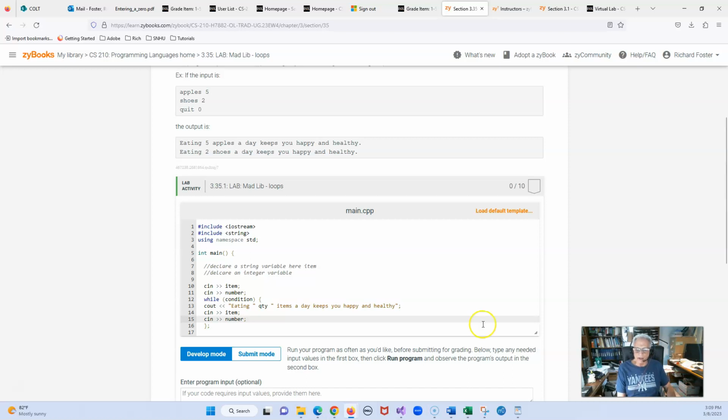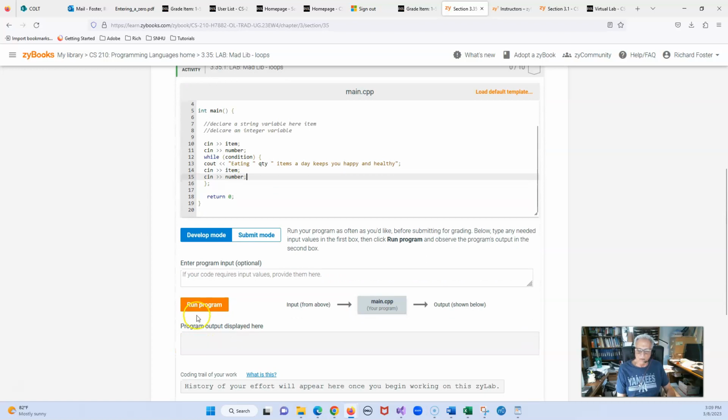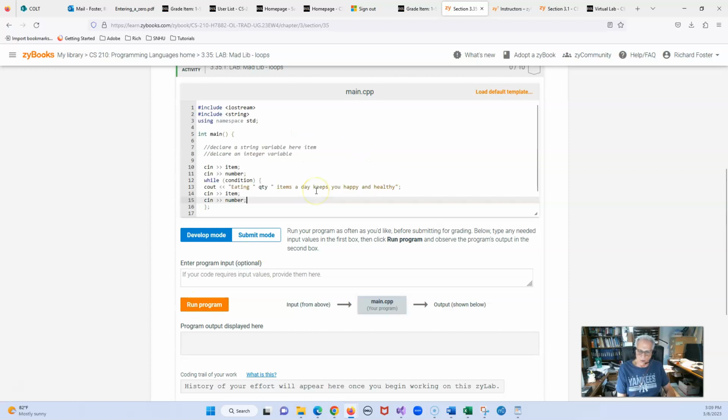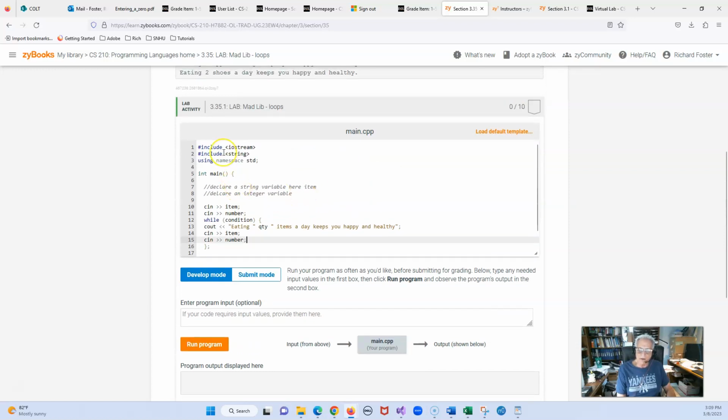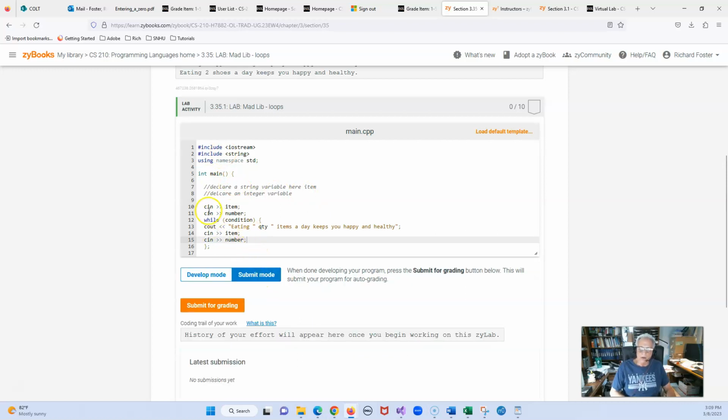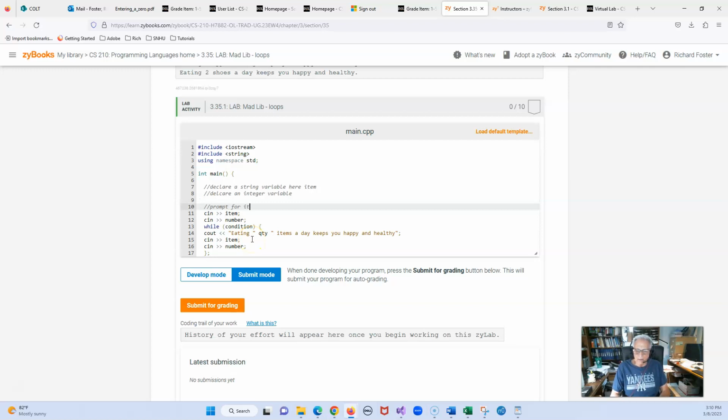So what you're going to do here is you're going to run it in develop mode. Then you're going to click on run. When it gives you your grade, you can keep doing this as many times till you get the grade that you want. When you finally get the grade that you want, you're going to click in submit mode. So here is where you need to put in a prompt for item